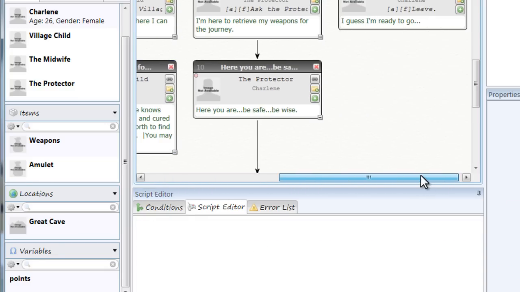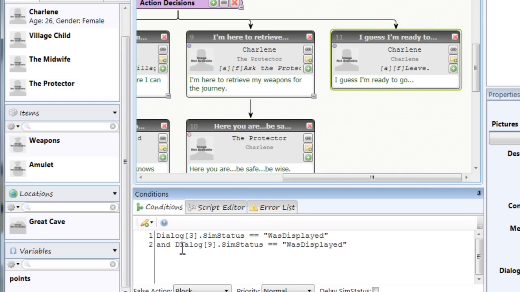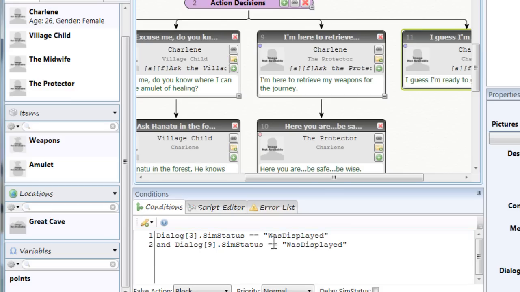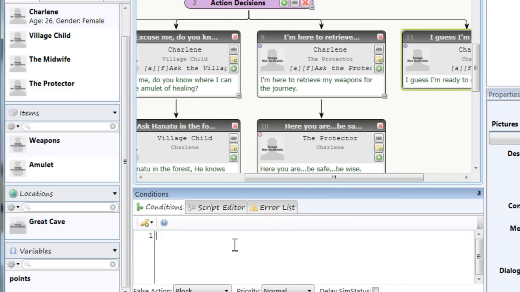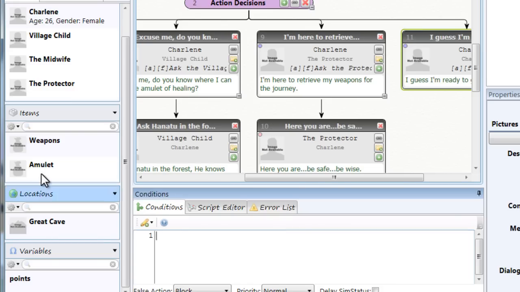And what I'm going to do is actually show you how to do that on node 11, where remember the conditions were 3 and 9 have been displayed. I'm going to make that a little more intuitive now. I'm going to add the weapons dot in inventory double equals true, and I use the double equals for condition, single equals for a script to actually set it to a value. And